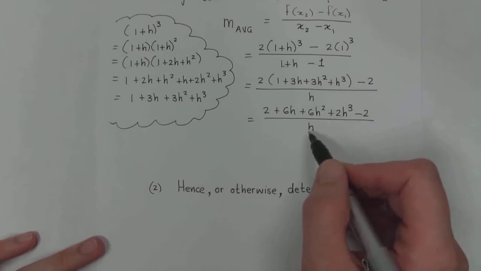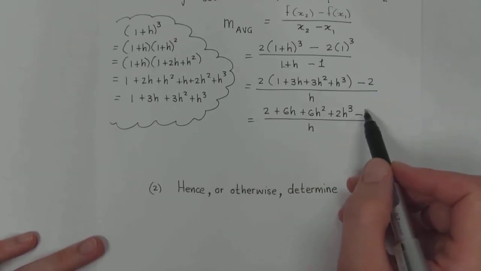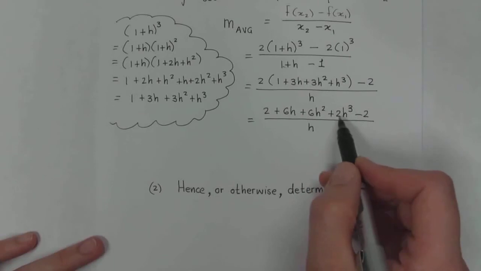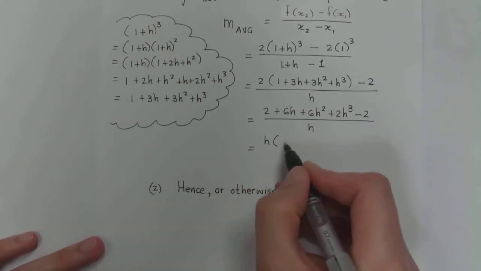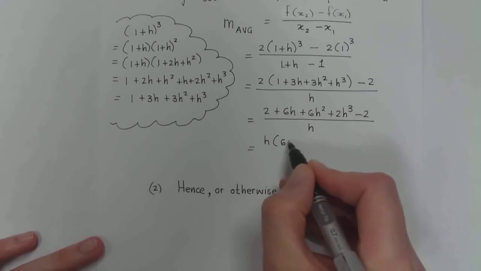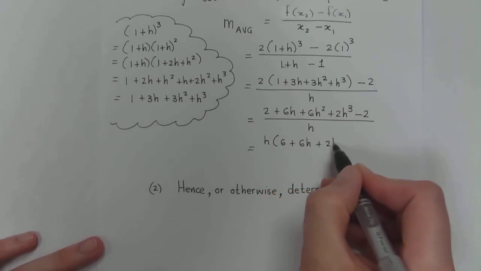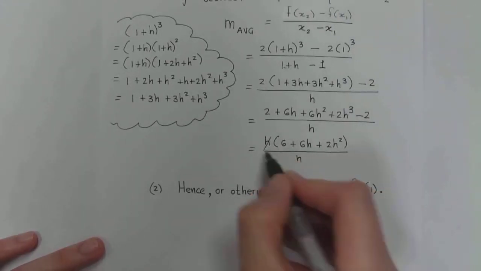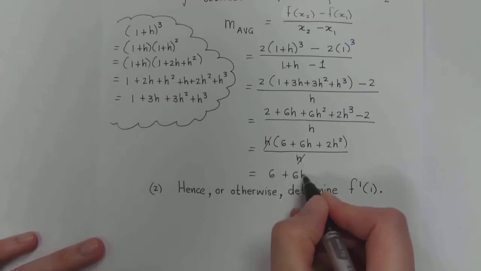And the reason it looks a lot like a first principles problem is, look at this. The term that does not have h as a common factor is going to eliminate, which means all the terms that are left have h as a common factor. So in the next step, I can take out h as a common factor and say it's 6 plus 6h plus 2h squared. And I can divide away that h there, and I'm left with 6 plus 6h plus